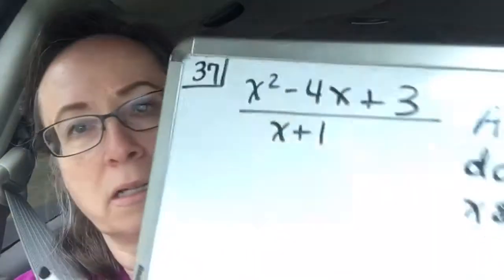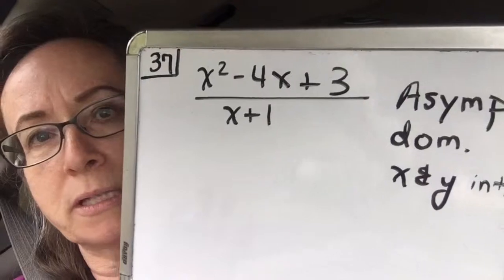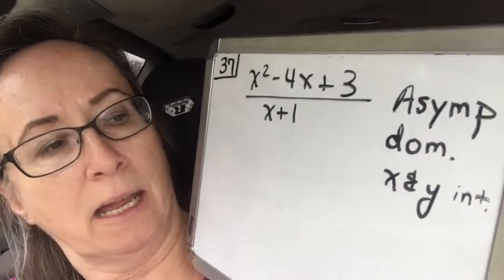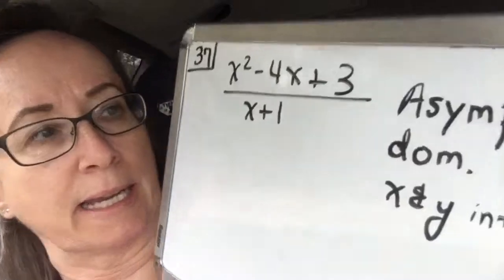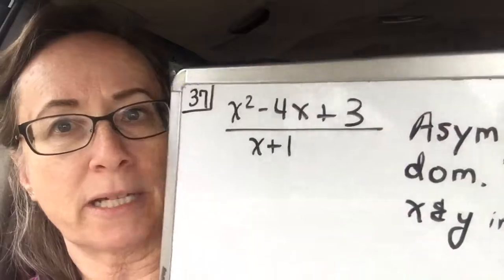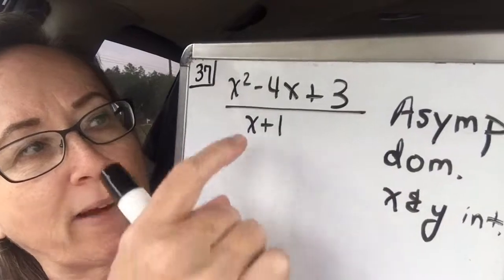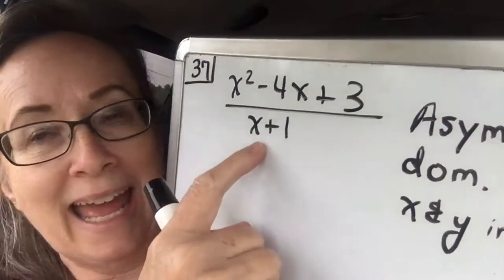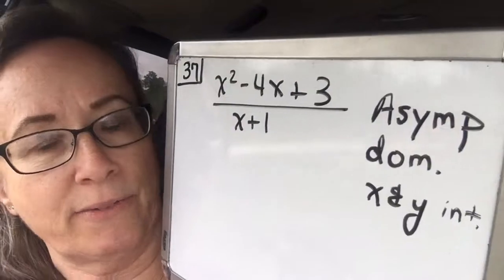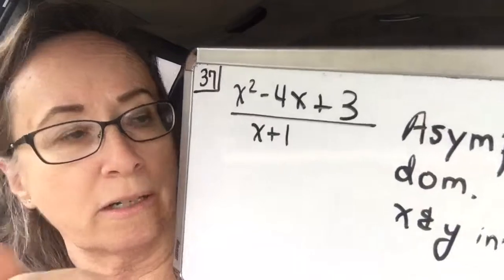we're going to do 37. 37 is kind of all together, like one big problem where we're going to work on asymptotes, our domain, our x and y intercepts, and graph this thing. Okay, so the first thing we're going to do is look at the denominator and the numerator and see what kind of problem we have. So we've got an x squared over an x, which means we're going to have a slant asymptote, no horizontal asymptote. So our vertical asymptote